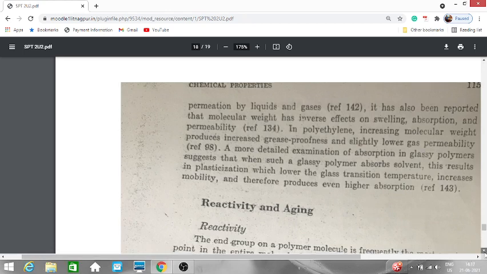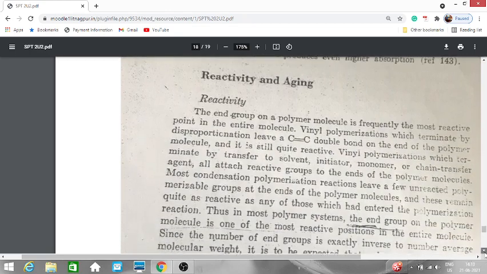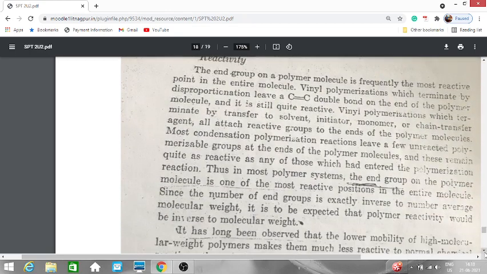Reactivity and aging. Reactivity: the end group of the polymer molecule is frequently the most reactive point in the entire molecule. Vinyl polymerization, which terminates by disproportionation, leaves a C double bond C on the end of the polymer molecule and is still quite reactive. Vinyl polymerization, which terminates by transfer to solvent, initiator, monomer, or chain transfer agent, attaches a reactive group to the end group of the polymer molecule. Most condensation polymerization reactions leave few unreacted polymerizable groups at the end of the polymer molecule,